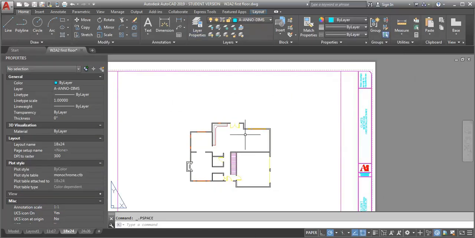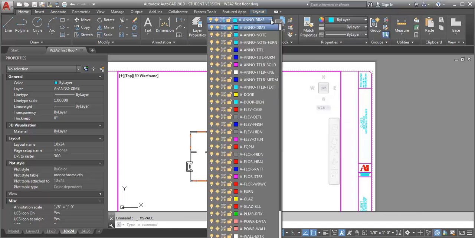Now, the student also mentioned that they have the annotation button on, and I'm going to guess it may be this one down here. Right now I've got it set to only show the annotation objects at the scale that I'm working at, and that's what you want to do in Paperspace. If you turn this on so that it's always showing, now it's showing all annotation objects. If I go back in now and unfreeze that layer,